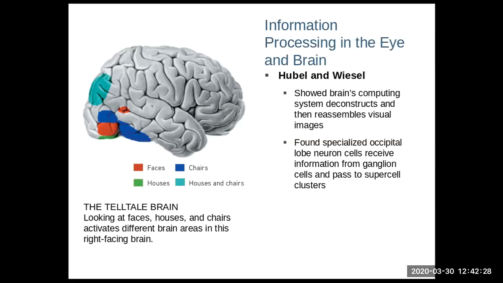And if you put things together like houses and chairs, a little higher up in the brain, you see it putting it together. We kind of call that higher order processing. The more complete the picture becomes, or the interpretation, the higher in the brain it gets processed. And as we talked about with the frontal lobe, right, putting all this information together from chapter 6 and chapter 2, once all of those visual images and things are put together, that information travels to the frontal lobe where it integrates all the other senses, right?